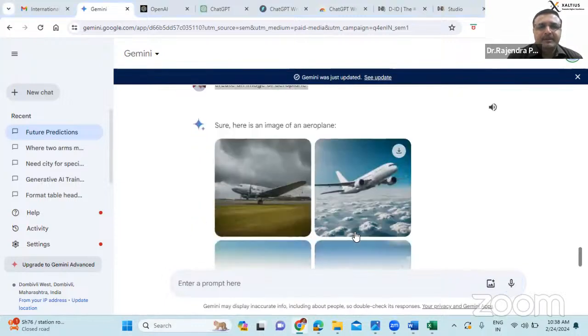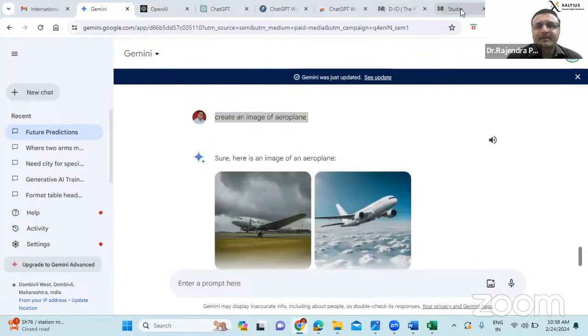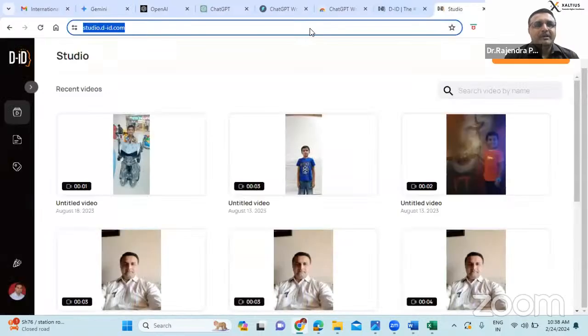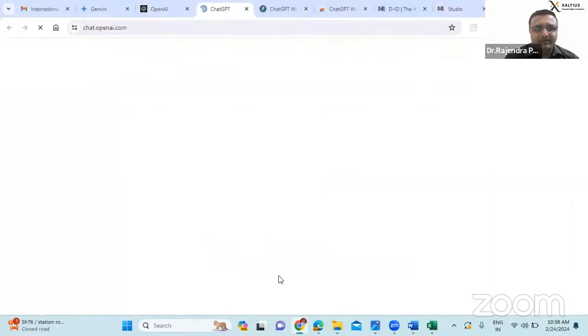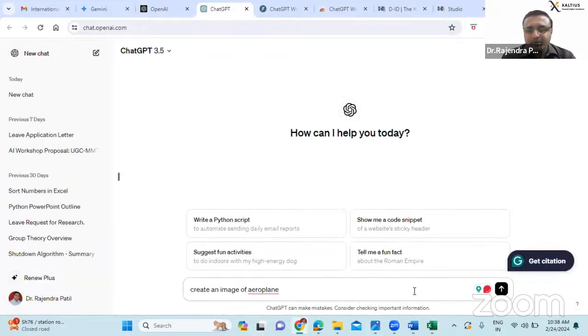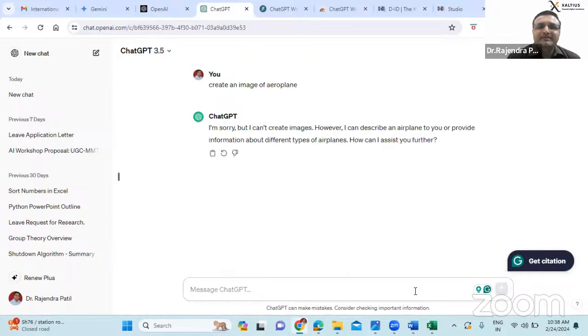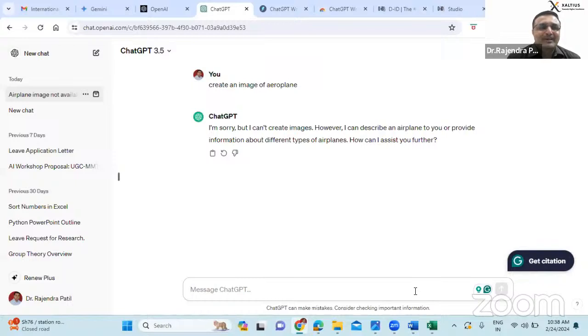So see, you get these images here. Okay. Similarly, now I'm asking the same thing to ChatGPT. Create an image of aeroplane and see what ChatGPT does. I'm sorry. Okay. Because it needs the money.